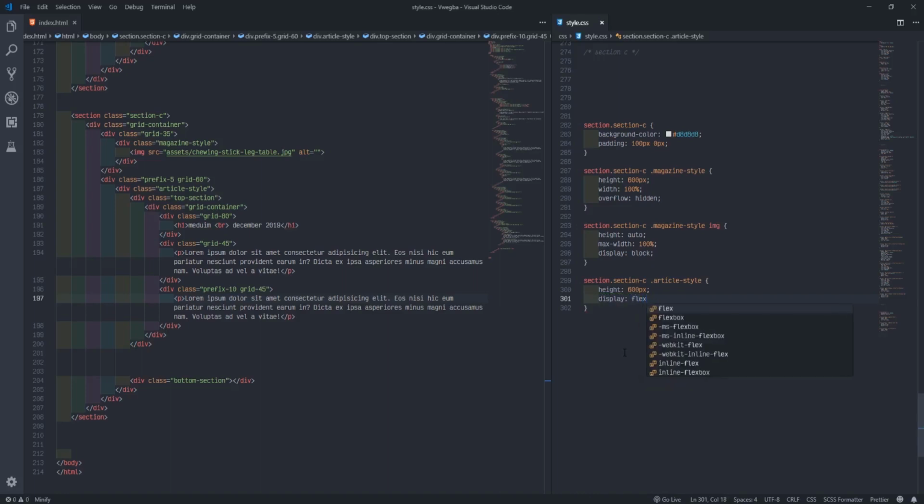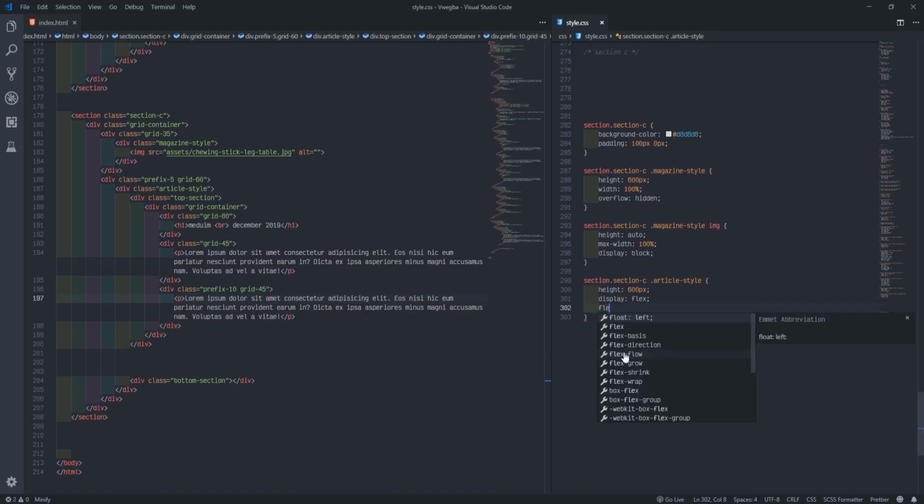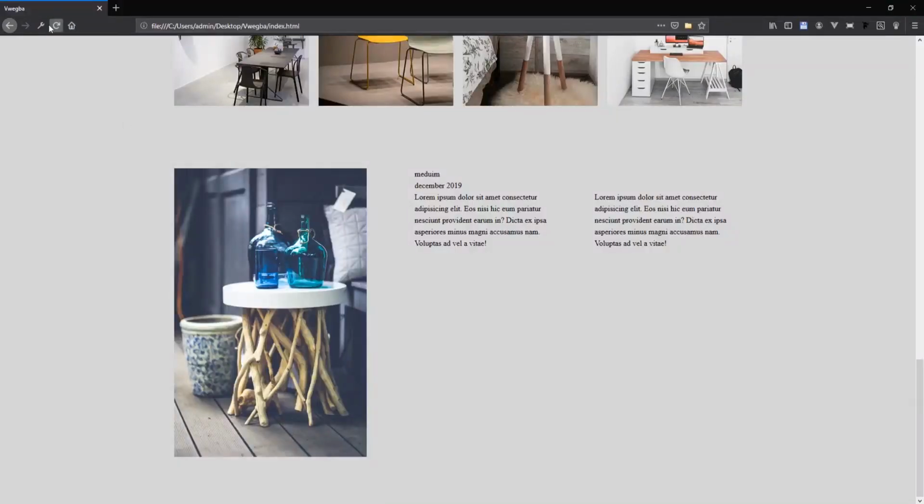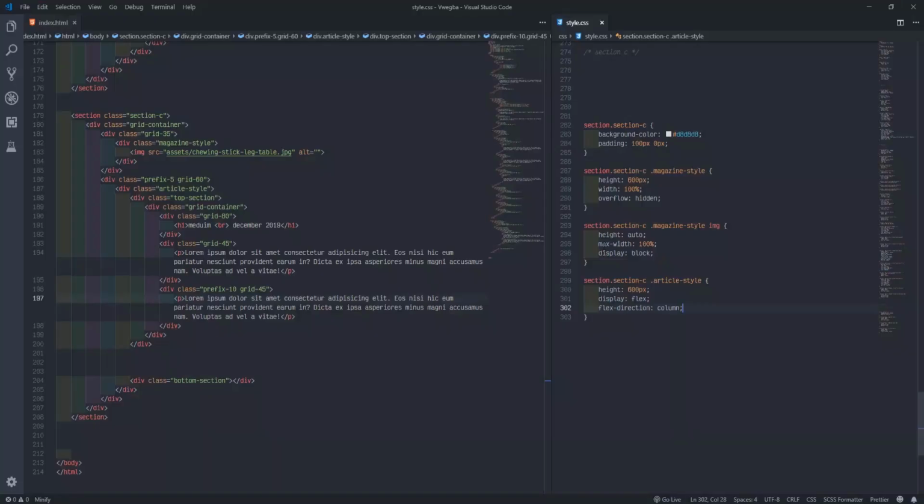There are so many ways to kill a rat. And now this one I want to kill the rat. So don't blame me. So flex direction, we'll say column. Then I go to my browser or local. All right. I know this will come in handy later, sure. So I'll come here.